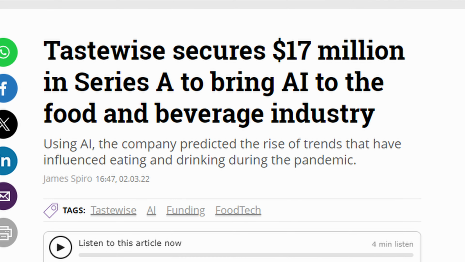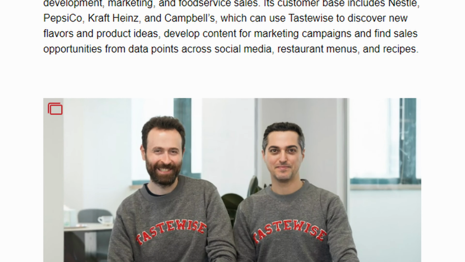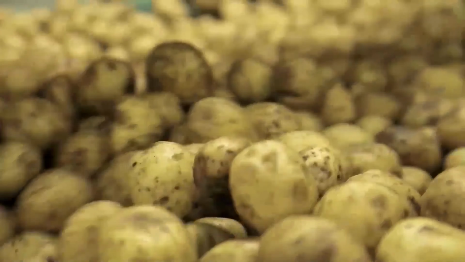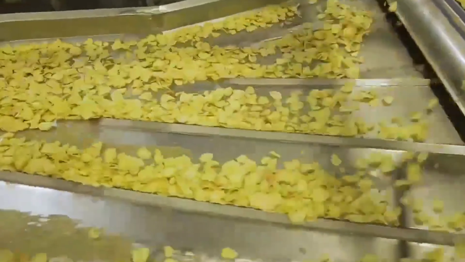There are 5 types of moats. The first type is the cost advantage or economies of scale, when a company can produce a product significantly cheaper than its competitors. For example, today, Pepsi uses an AI tool called TasteWise to watch millions of menus and recipes online to figure out what people are eating and why. It also relies on AI to analyze how much skin remains on peeled potatoes, which enables the company to save over $1 million each year.